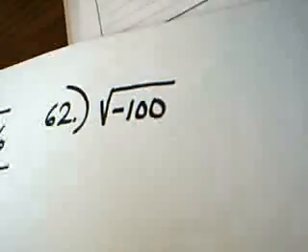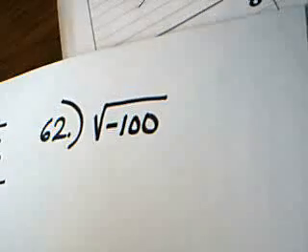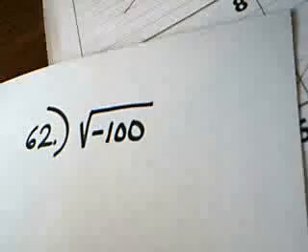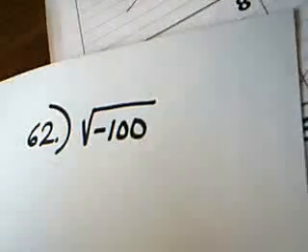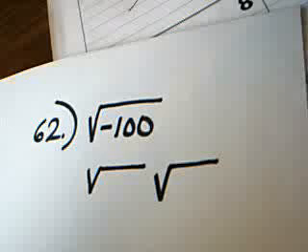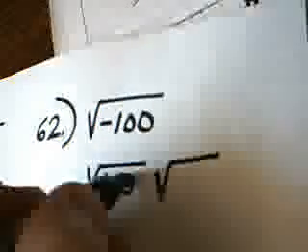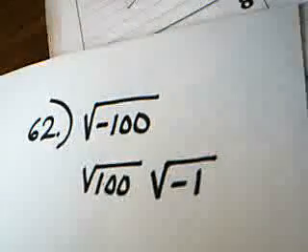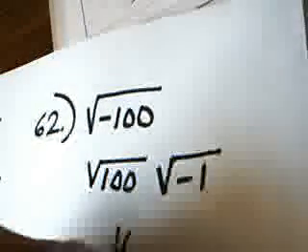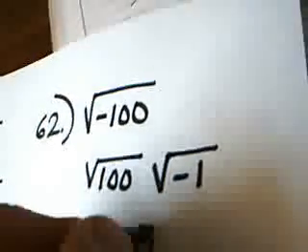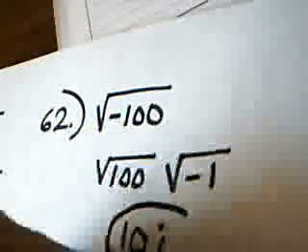Likewise with problem number 62, we could just see that the answer is going to turn out to be 10i, which is not a real number, it's an imaginary complex number. If I want to show a little bit of work to justify it, to help you remember, we're going to split it up as the square root of 100 times the square root of negative 1. The square root of 100 is 10, the square root of negative 1 is by definition i, and we end up with